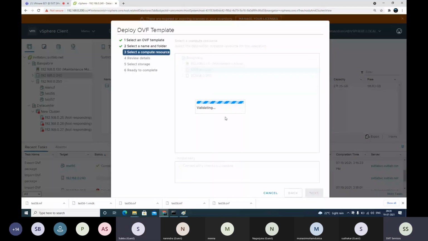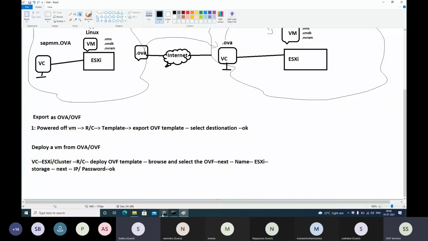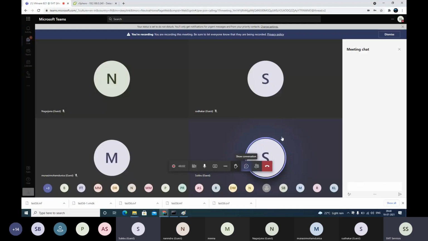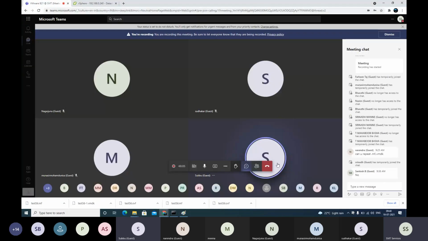Just like how we are doing for this VM, can we move the complete host itself, migration or deploying a complete host? I mean, a set of VMs. Like, they want to deploy 10 VMs at a time from this host. Then